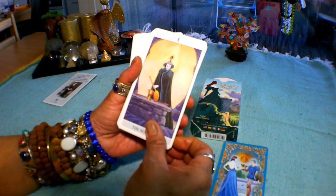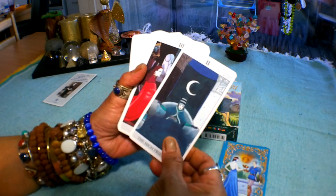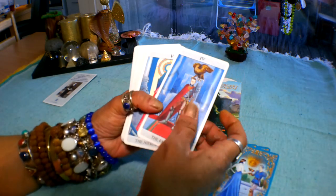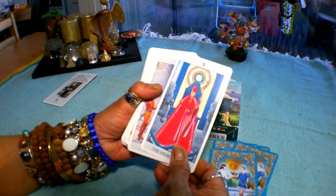This is the Magician, the High Priestess, the Empress, the Emperor, the Hierophant,